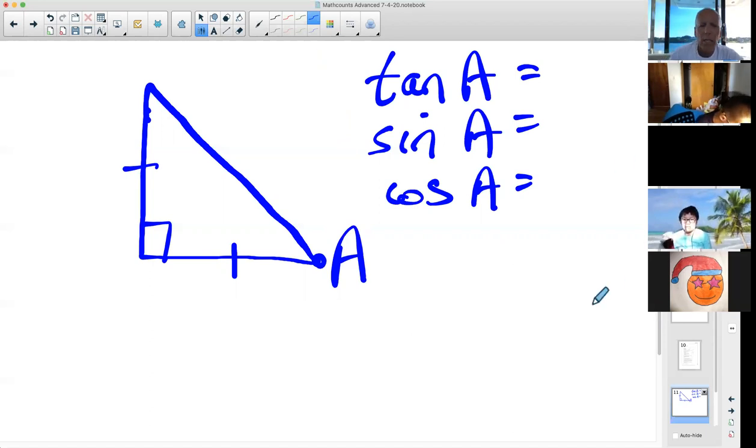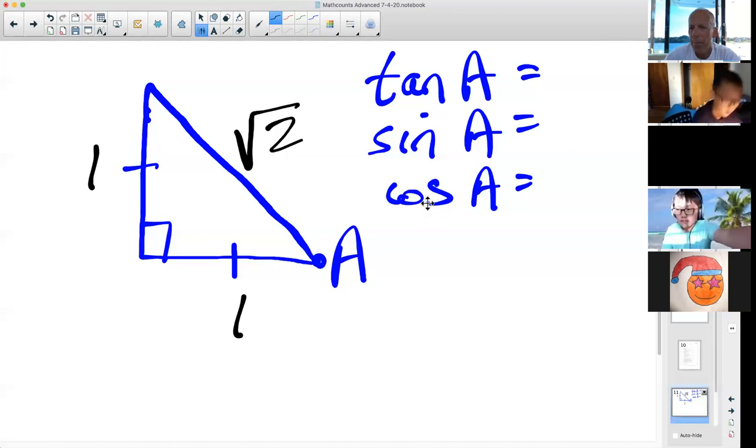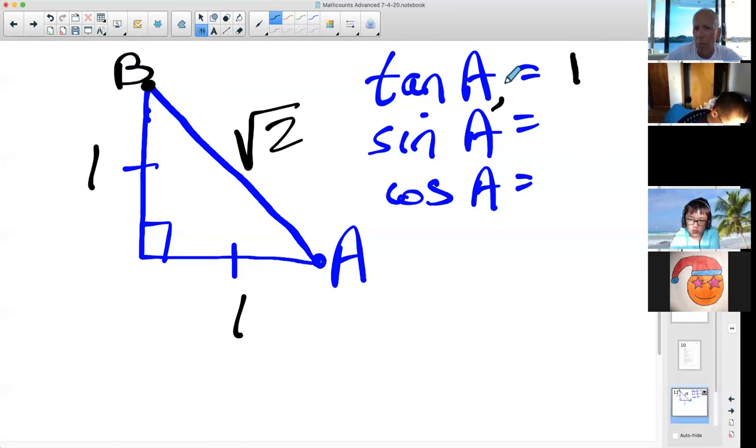All right. So now, guys, most of you, I bet, wrote 1, 1, and root 2, yes? So the tan of A is clearly 1. And by the way, so is the tan of B. Would you guys agree? Right? Now, the sine of A,